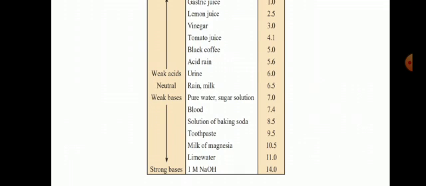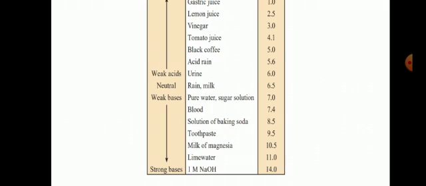Antacids are the medicine which contains bases such as aluminum hydroxide and magnesium hydroxide, and they are utilized to neutralize the excess acid which is present in the stomach. Food is decomposed by microorganisms present in the mouth, which further results in the formation of acid, which is responsible for tooth decay. Toothpastes help in neutralizing the effect of acid because they are alkaline in nature.